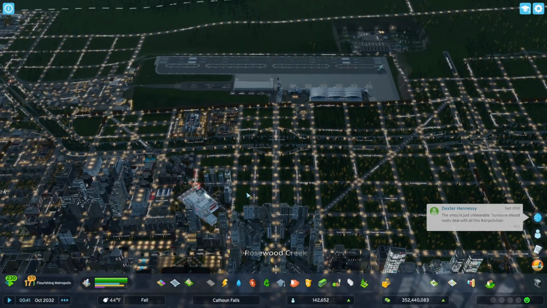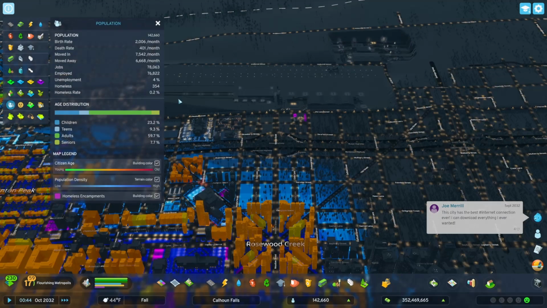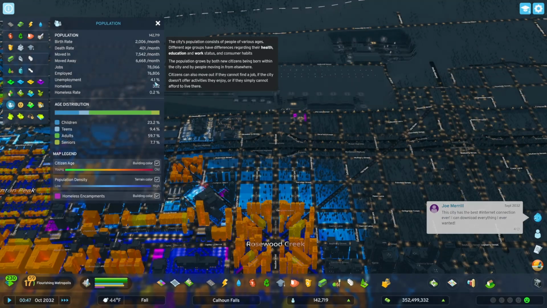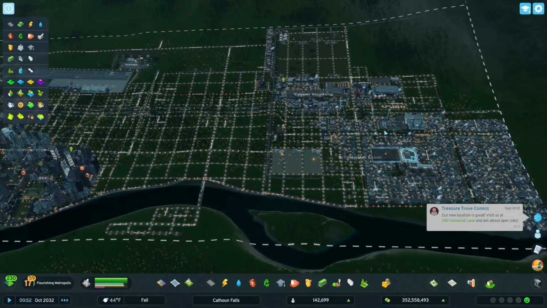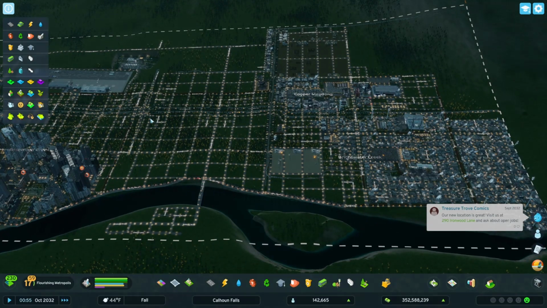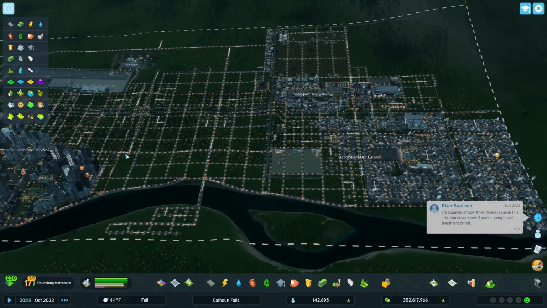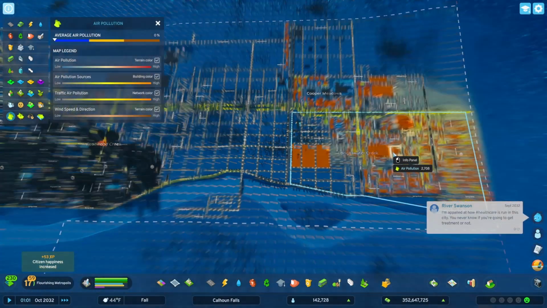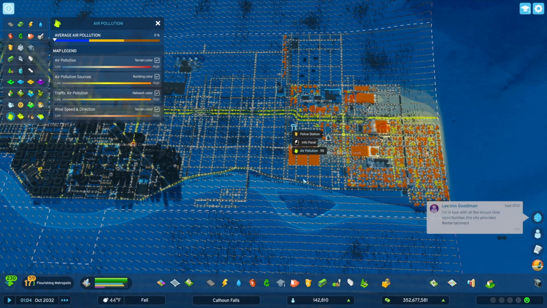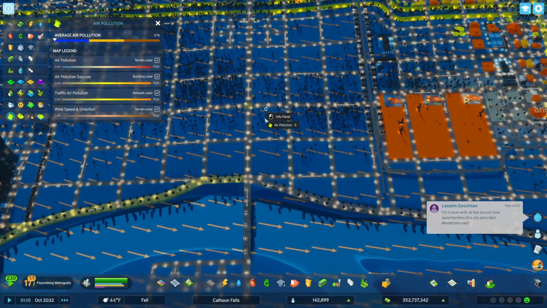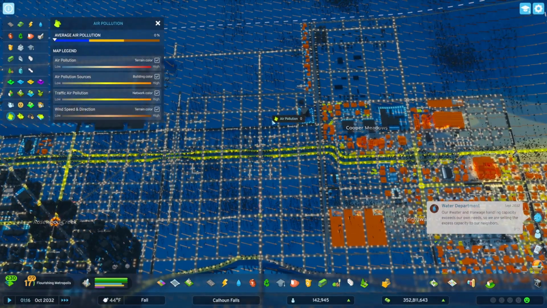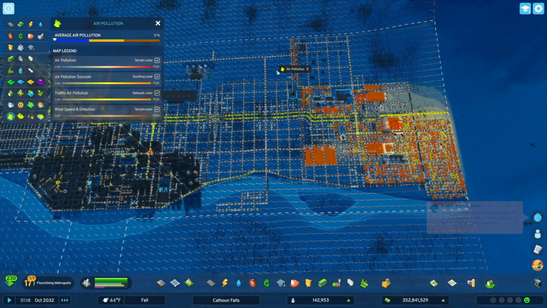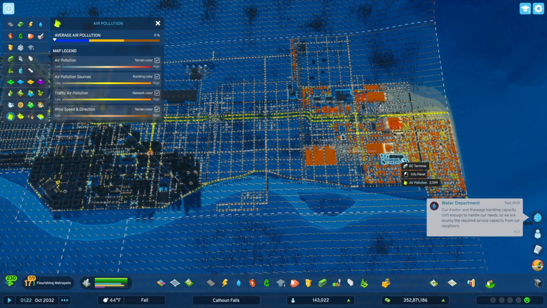So I think in the next episode, what I would like to do, because we still have a good few unemployed people, about 4%, which is not great, is expand our industrial area and try to get some more of that specialized industry up and running. Because on our pollution here, we can pretty much take this whole district and make it all industrial. And honestly, I think I want to expand that out to this street here, this Honeybrook Street. I think I want pretty much all of this to be an industrial part of the city, and all be served by this